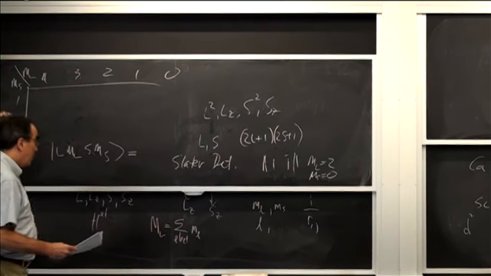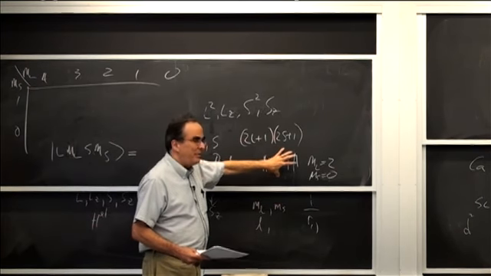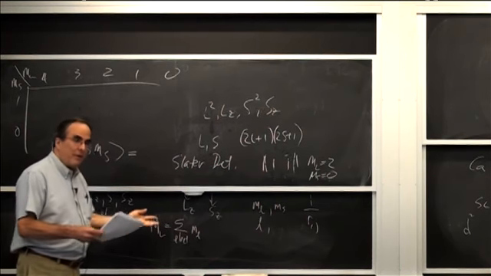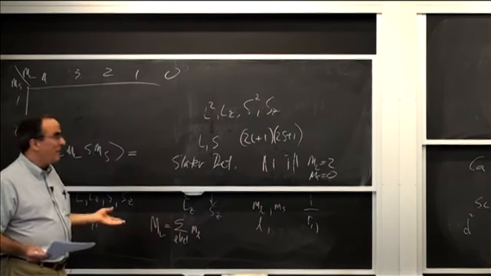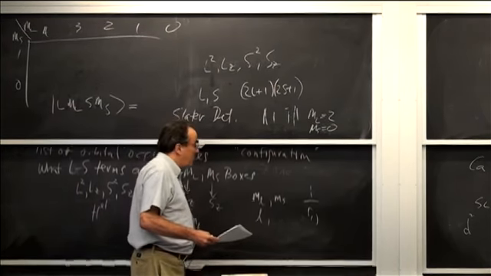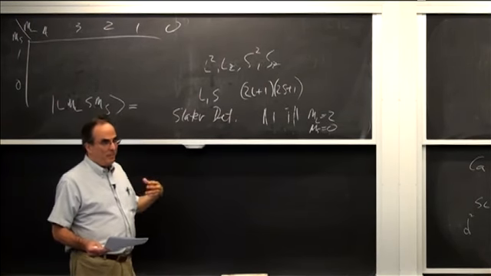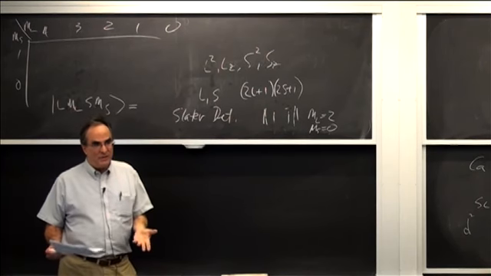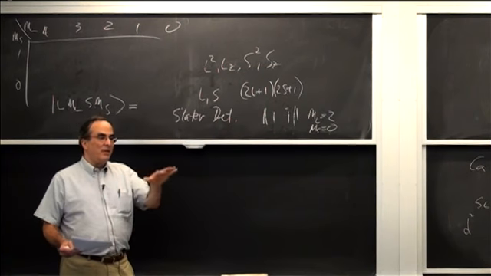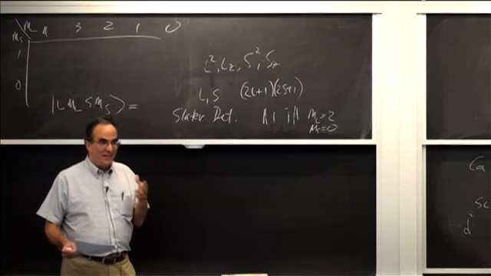Okay, so we want to find the correct linear combination of these guys that makes these guys. I'm not going to tell you how to do that. You don't really want me to tell you how I do it, because there are powerful methods involving angular momentum coupling coefficients, 3, 6, 9Js, which is the way you do it, especially if you were going to use a computer program. And there's raising and lowering operators, which is the way I do it, which had been a